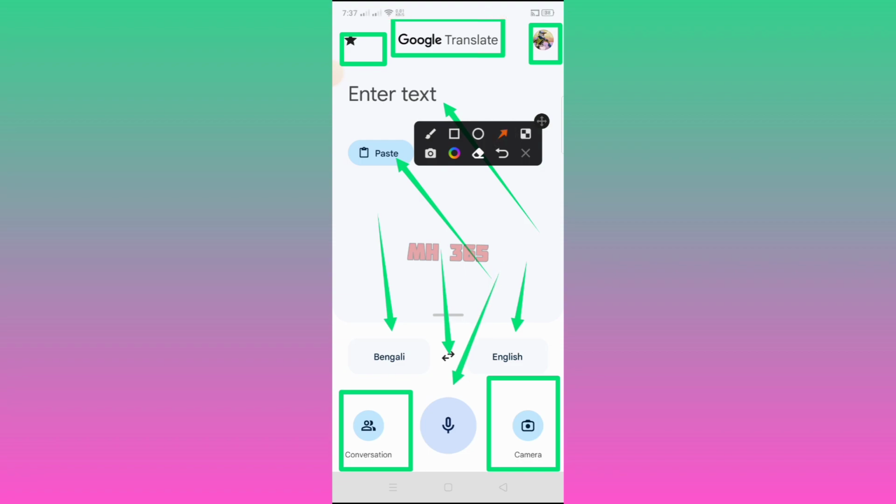Okay, so you can see that all the features are available in Google Translator, so you need to spend some time on it. I just write